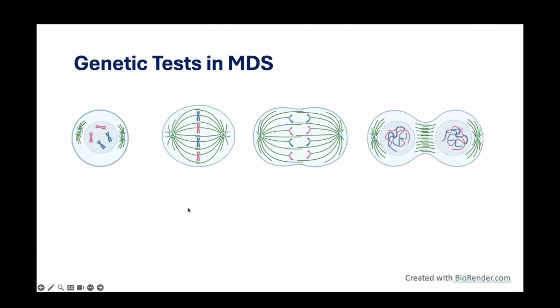So when we're talking about genetic tests in MDS, I first just wanted to walk you through what our cells look like and how they divide. So you may remember this from way back in either elementary or middle school, where you have these chromosomes, and here you can see they're marked in red and blue. And then when the cell is ready for division, they all line up in the center, and the two baby cells take one piece out of the two. So that creates two identical progeny, or two identical cells, at the end product.